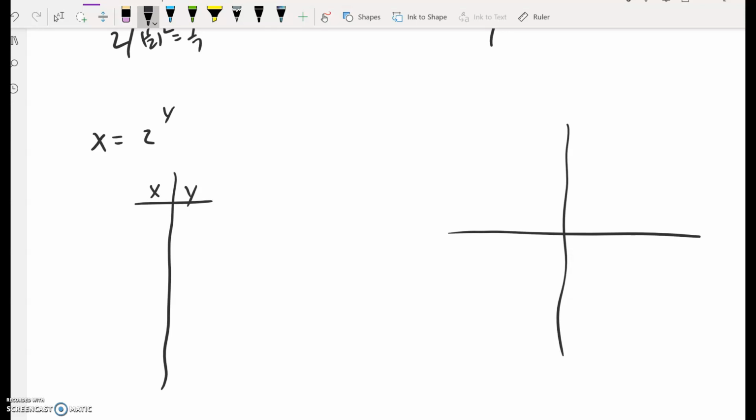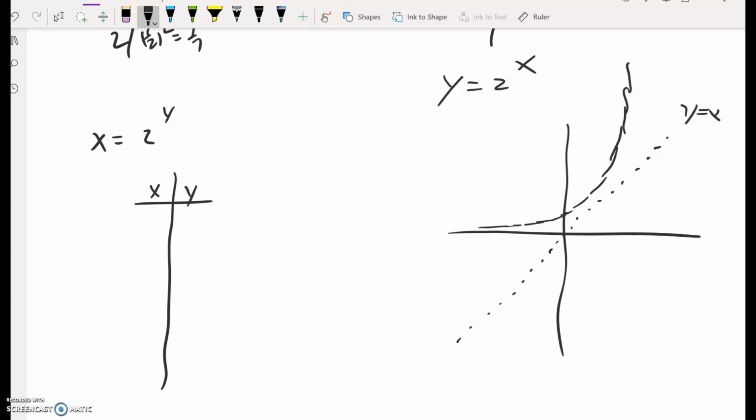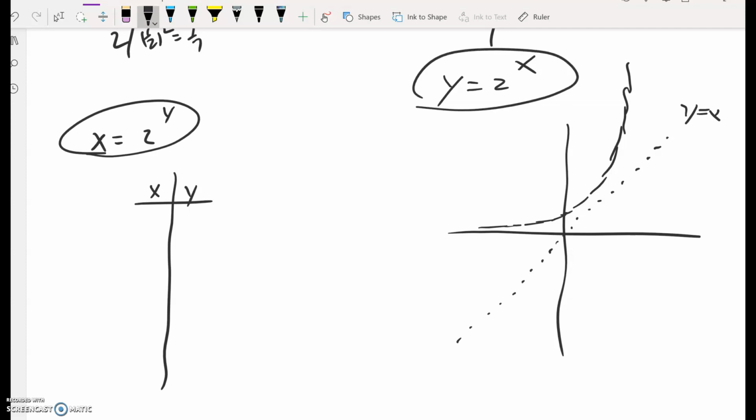And so let's just make a radical guess. This guess could be wrong. It could be. But here's the line y equals x. And our functions, like y equals 2 to the x that we've just worked on, they come down here and approach this way. And then they come over here and shoot up this way. So if this function really is the inverse of this one, if switching the x's and y's make them inverses,